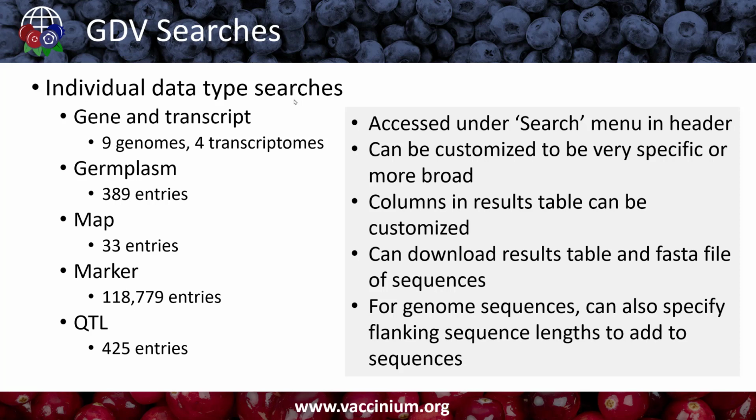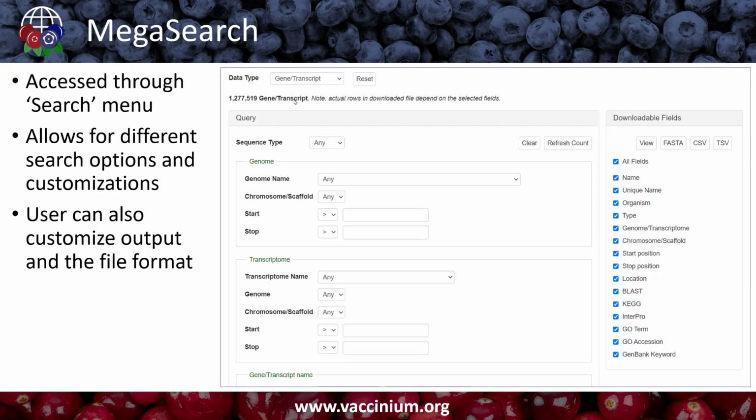For the gene and transcript search, you can also download a FASTA file of the sequences that are on the table. And for genome sequences in that search, you can also specify flanking sequence lengths to add to the gene or mRNA sequences. We also have MegaSearch, which is a different type of search interface that has some different options